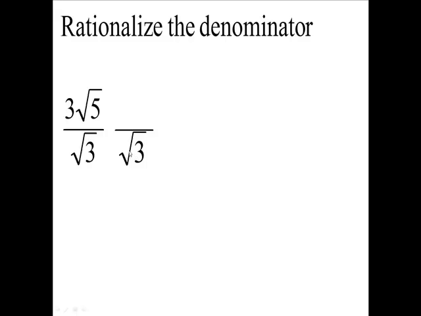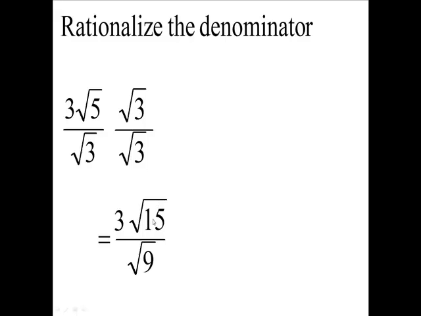But in the meantime, before we do that, if we multiply the bottom by the square root of 3, we have to multiply the top by the square root of 3 also. Now what happens is you copy down the 3, you have the square root of 3 times the square root of 3, which is what? The square root of 9, isn't it? And the top, your two radicals become one radical, and you're going to have the square root of 5 times